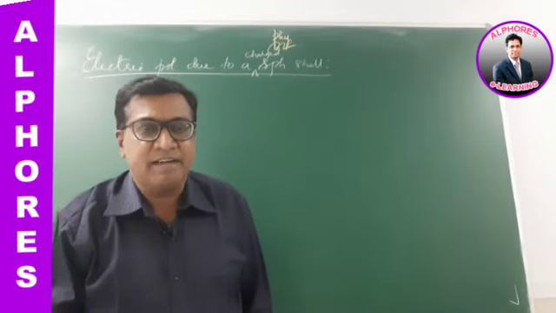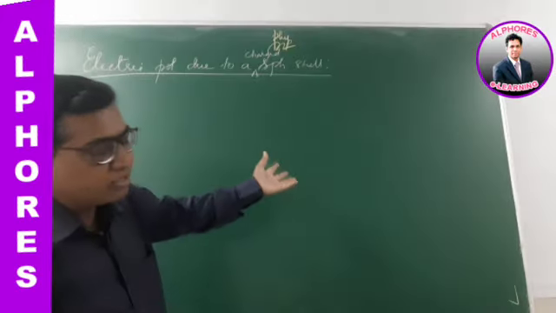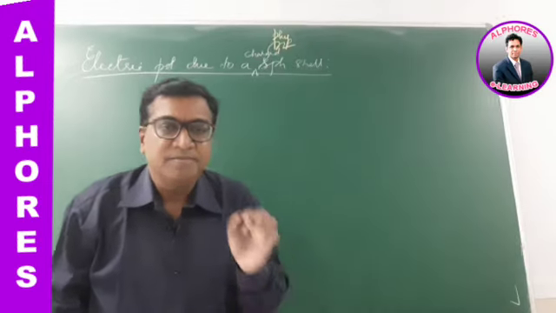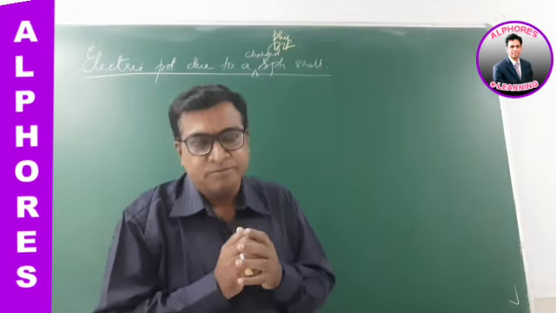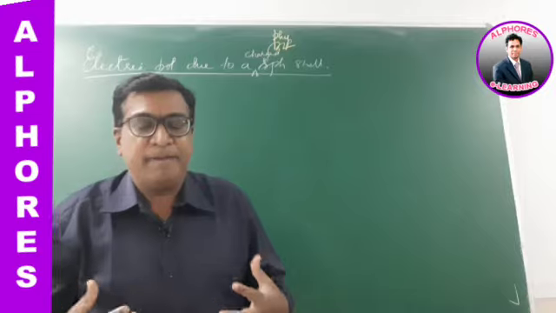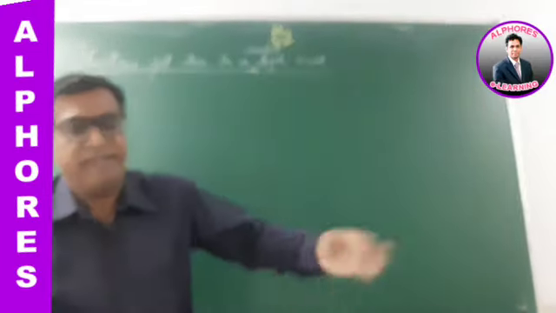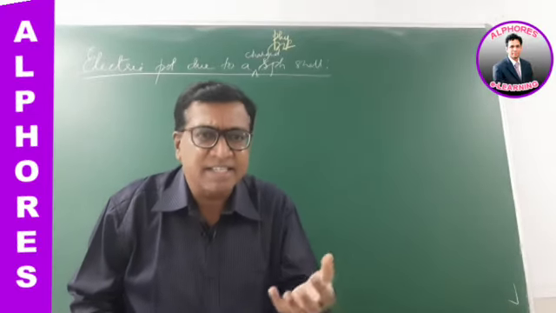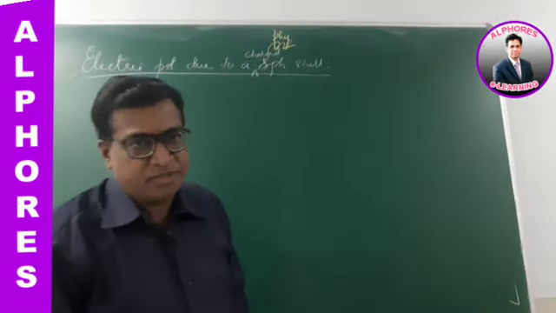Before going to this, let's review what we have studied in the earlier classes and the various things that are useful to deduce this expression. I was telling you, electric potential is the electrical state of a body which determines the direction of flow of charge. If I am at more electric potential, I possess more energy, so I am in a state of giving. If any body possesses less potential, it has less energy, and it is in a status of taking the charge. So potential determines the direction of flow of charge.